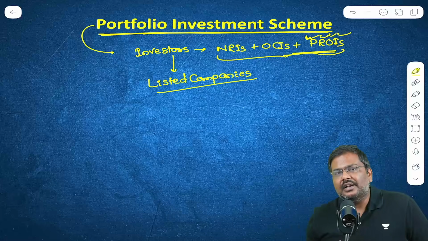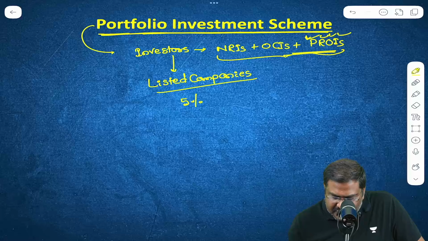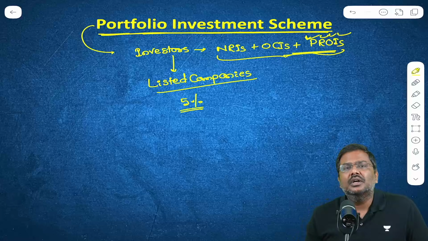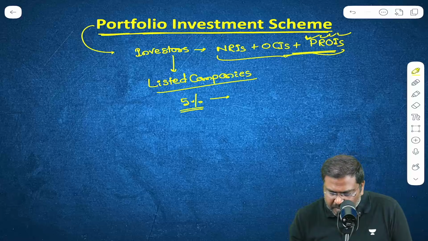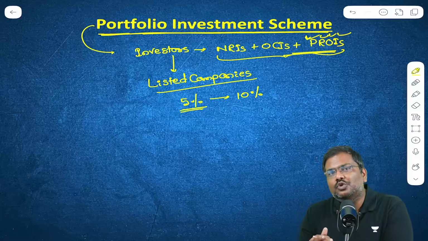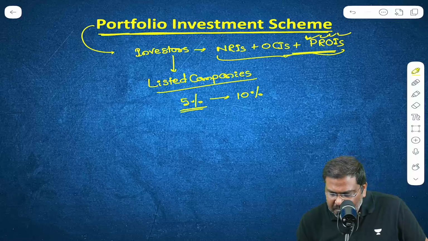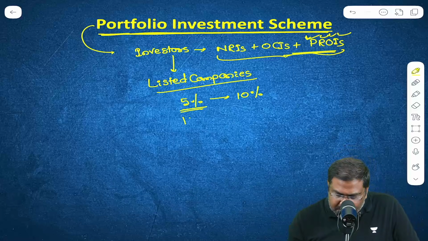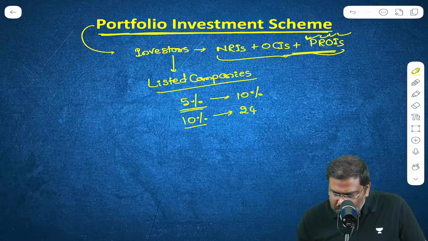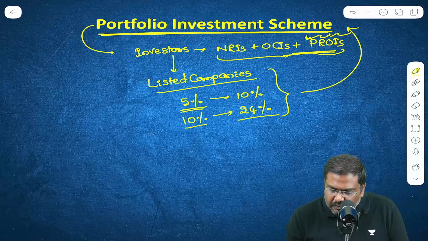Now, until very recently, individually, these investors were allowed to own up to 5% of a listed company's paid up capital, that is 5% of the total shares. The announcement was that this will be increased from 5% to 10%, and cumulatively put together in a particular company, how much can be held under this particular scheme by the foreign investors? Until very recently, it was limited to 10%. This has now been increased to 24%. So this has been notified by Reserve Bank of India.